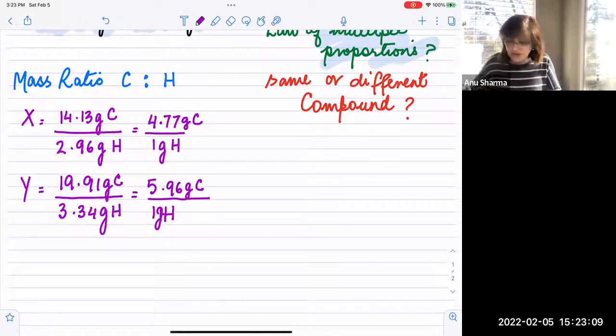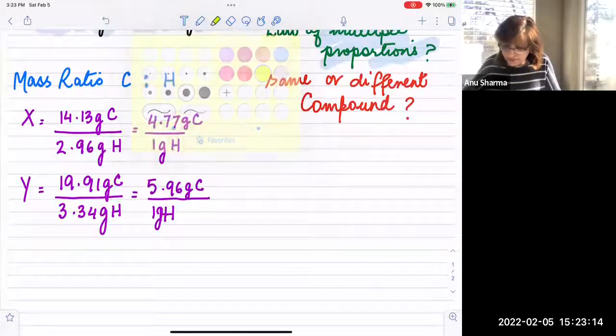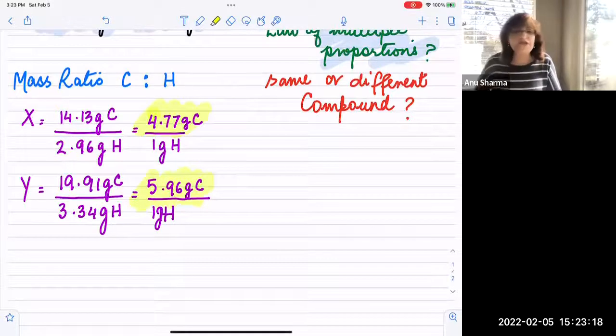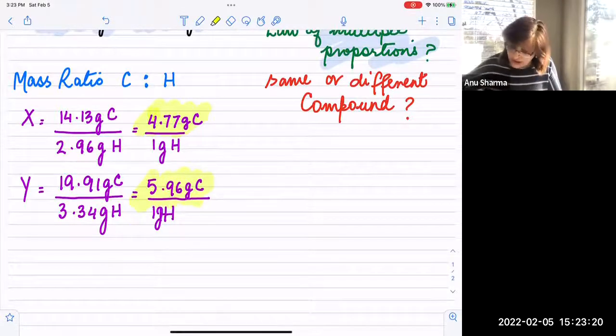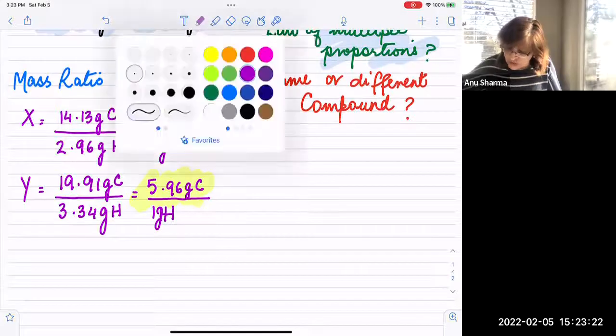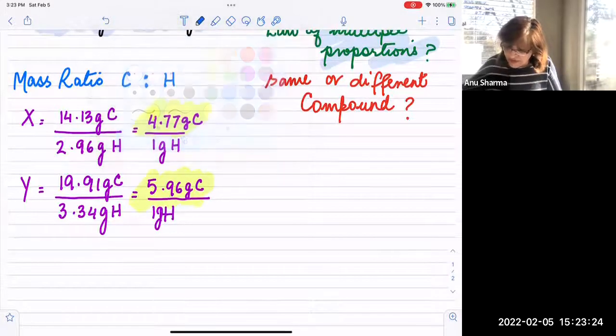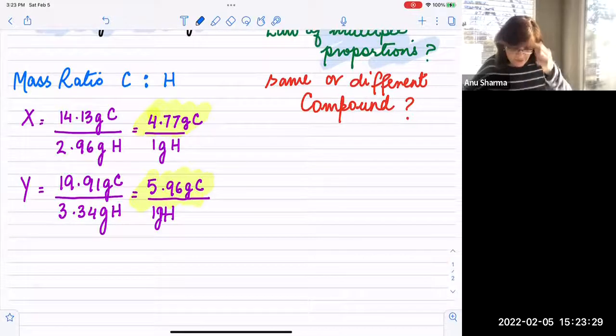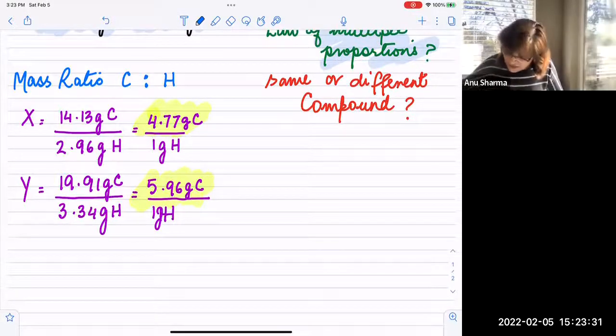So naturally, one difference is the carbon. For every 1 gram of hydrogen, the amount of carbon is changing. And so when you combine these two, 4.77 and 5.96,